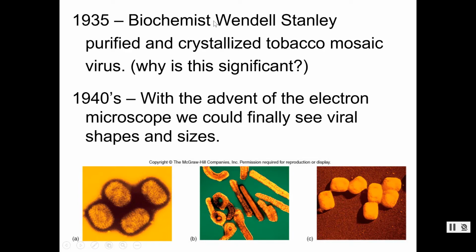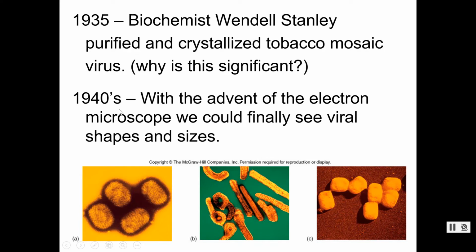In the 1930s, there was a biochemist that ended up purifying this virus and isolating it. And what was interesting about this is that when he isolated it, it crystallized. And cells, if you purify the cells, take out all the water, then the cells just die, right? You don't get crystals formed. Things that form crystals are your minerals, salts, geodes, those types of things. Inorganic material crystallizes. So this was kind of interesting, and they're like, again, I don't think this is a cell. I think this is something new.